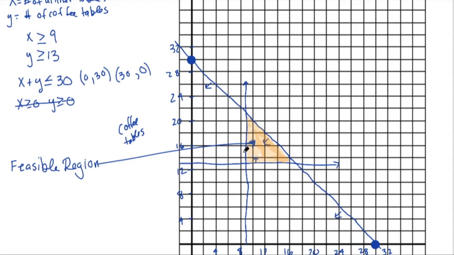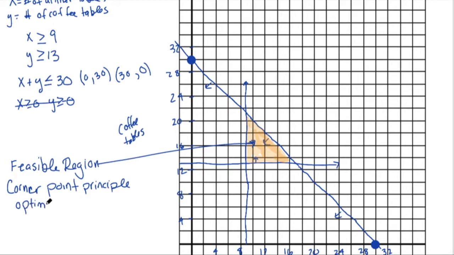Now, if we're trying to figure out the maximum income, you might think, oh my goodness, do we have to try out every single combination that exists in this region? That's still a lot of different combinations. Well, luckily, we won't have to try every single one of them. There is a principle called the corner point principle, and that states that the